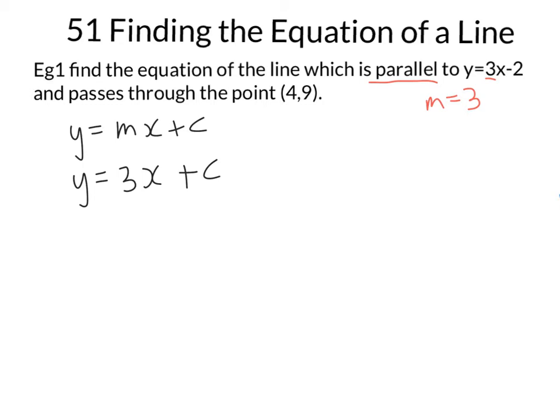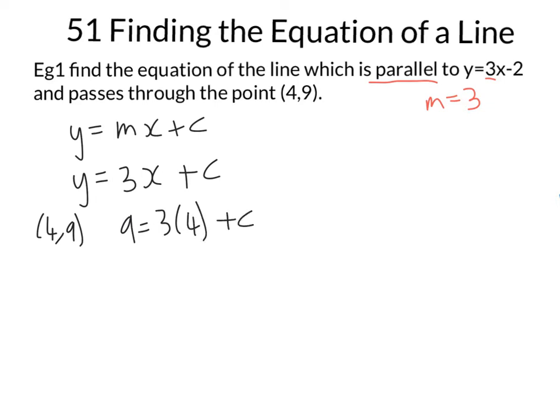And the final part of the question says it passes through the point 4, 9. Now if you can go back to the first lesson, if you can remember, if a point exists on the line, you can substitute it into the equation and it works. So this point is on the line, it works, so to speak. So we should be able to put the values in, the x being 4 and the y being 9, into the equation,